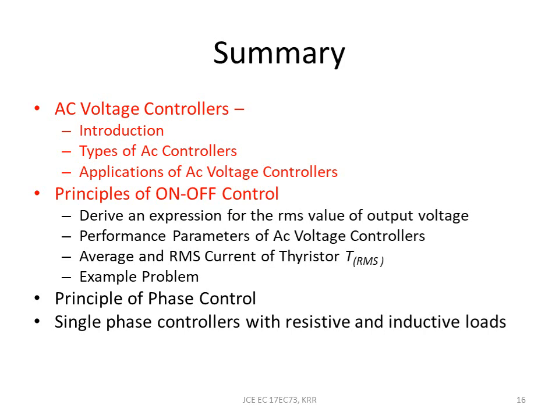But we have more derivations to see, and this will be looked at in the further videos. So in the next video we'll be looking at the derivation of the RMS value of the output voltage analytically. We'll also look at the performance parameters, right? The way we have done the performance parameters in controlled rectifiers, and also let us look at the average and RMS current of thyristors, and a few problems will be dealt with in the next video.